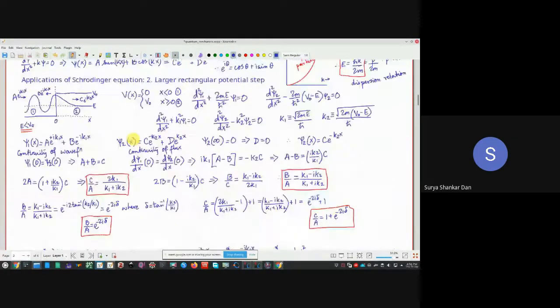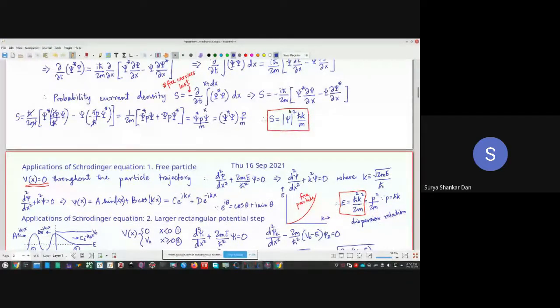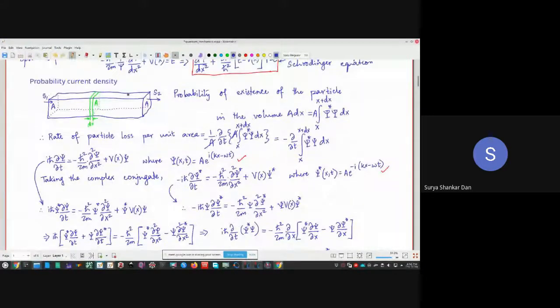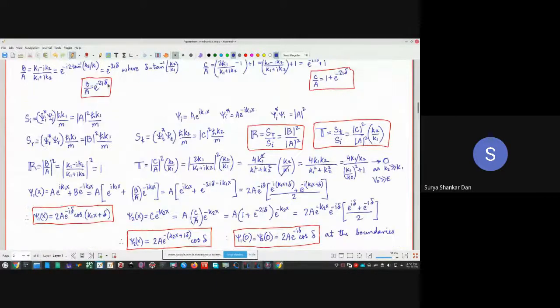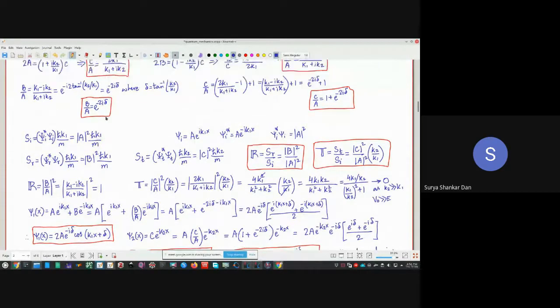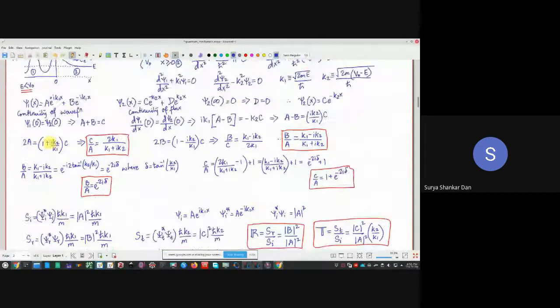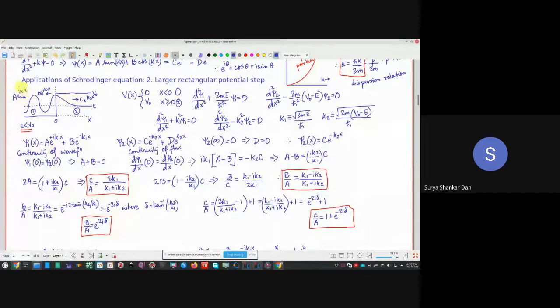तो currents के लिए हमने क्या कहा था? ये S वाला फैक्टर था ना, याद है? ये probability current density. So वही हम यहाँ पर लगाएंगे. Okay, that is the probability current density. वो a square h cross k1 by m. That means the incident radiation के लिए. देखो यहाँ पर incident radiation कौन सा था? Incident wave a e to the power of plus I k1x. ये था incident. Incident मतलब the wave which is incident on that junction. ठीक है? B क्या था? Which is reflected from that junction. C क्या था? Which is transmitted from that junction.